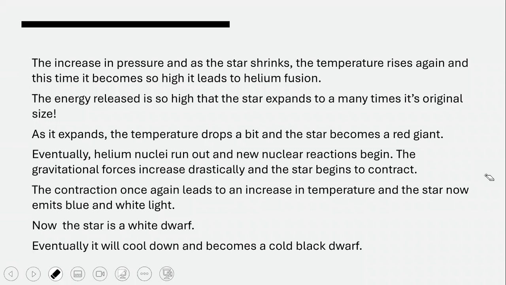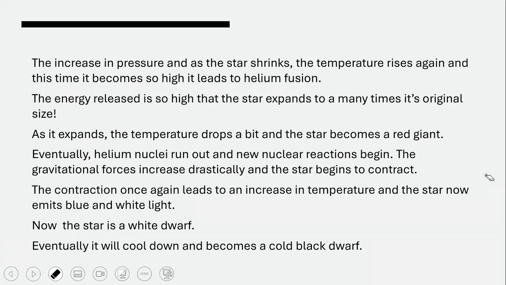helium. So first we were using hydrogen. Hydrogen ran out, the temperature dropped. No more expansion, only gravitational forces. Gravitational forces pull the star back and start to compress it, which increases pressure. The increase in pressure causes the helium to start fusing with each other, and as a result, again, there is going to be